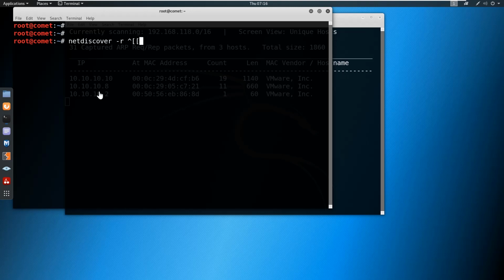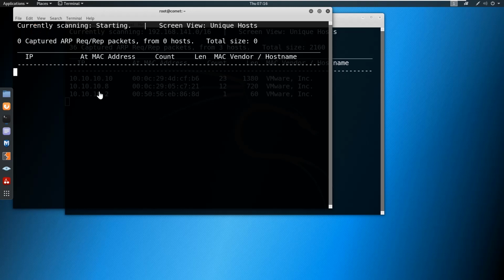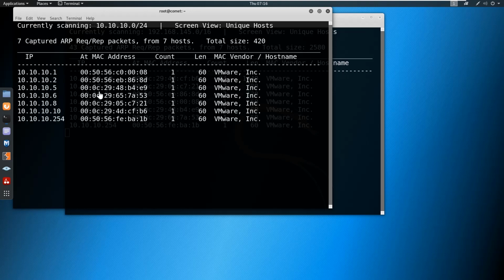I want to discover all the live IPs in this particular subnet range, /24. Now you'll get the response, and since it is scanning only one particular subnet, the discovery was completed fast. Here you can see we have 10.1, 2, 5, 6, 8, 10, and 254.